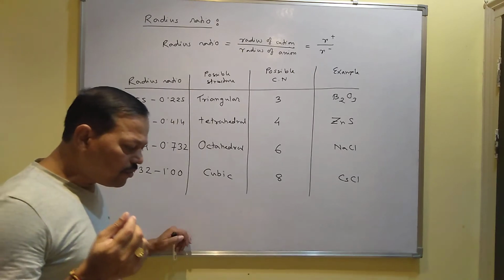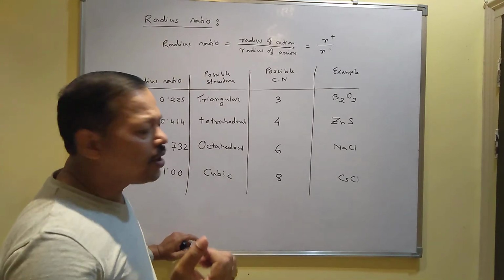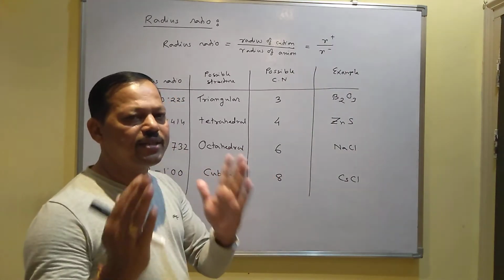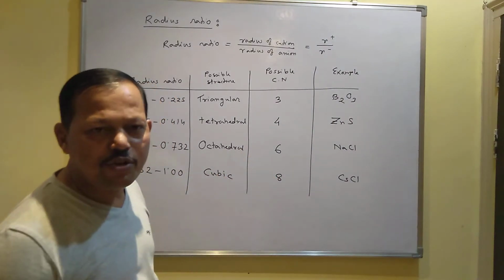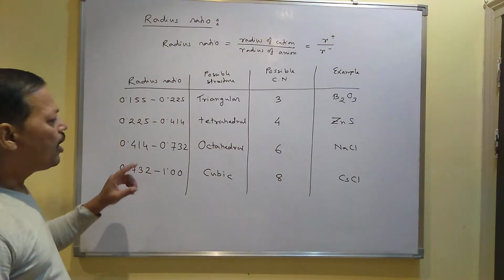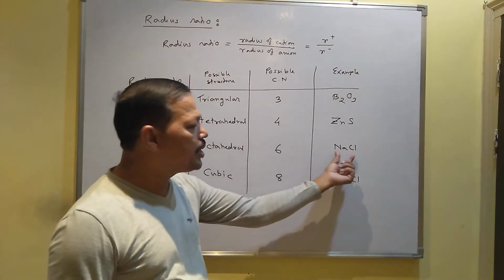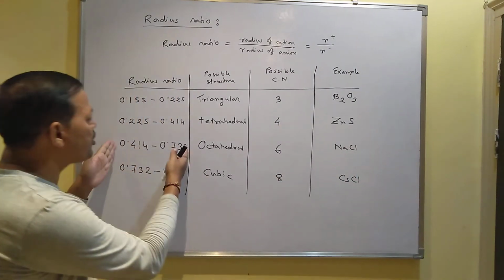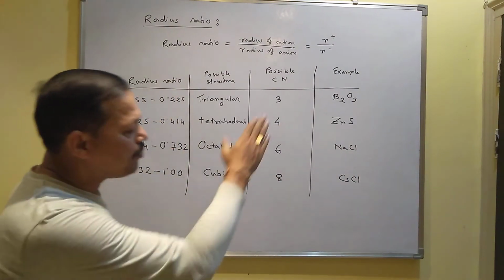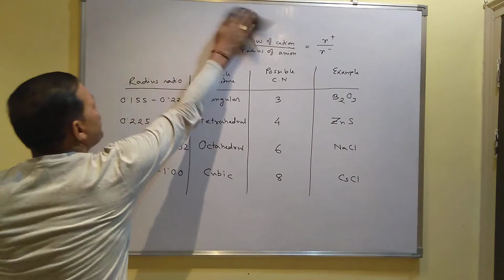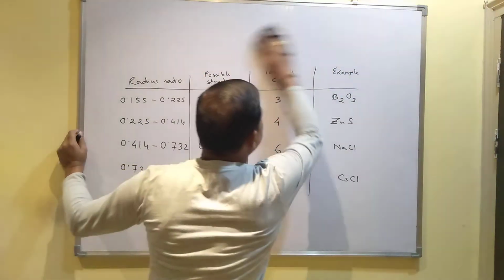The solid has a sodium chloride structure, the radius of the cation is this much, you have to find out the radius of the anion. That type of question you will get. If it is given a sodium chloride structure, you have to consider this radius ratio range. So that is why you have to know the examples also. So I will do one numerical based on this radius ratio concept.